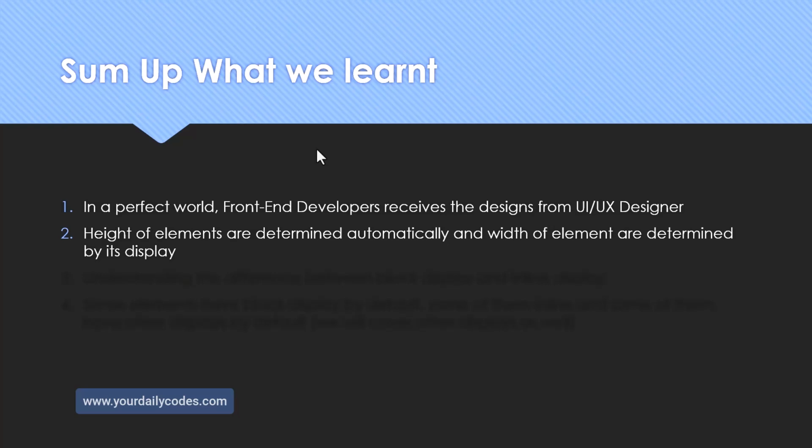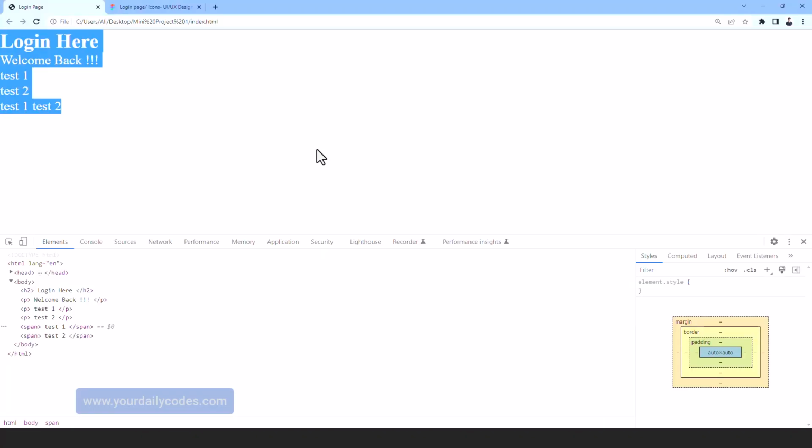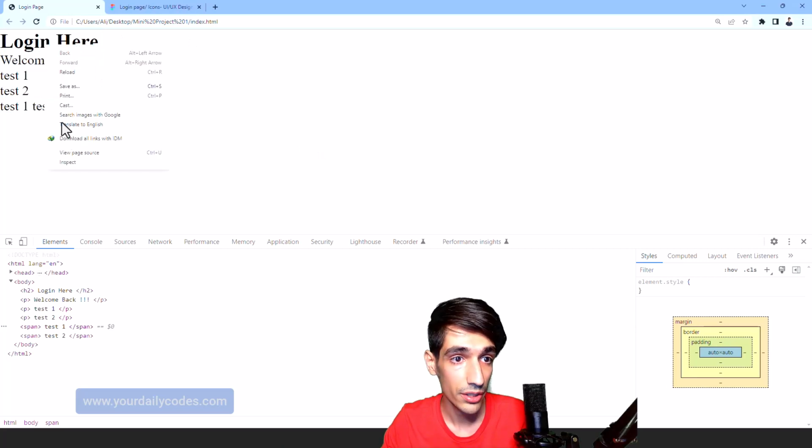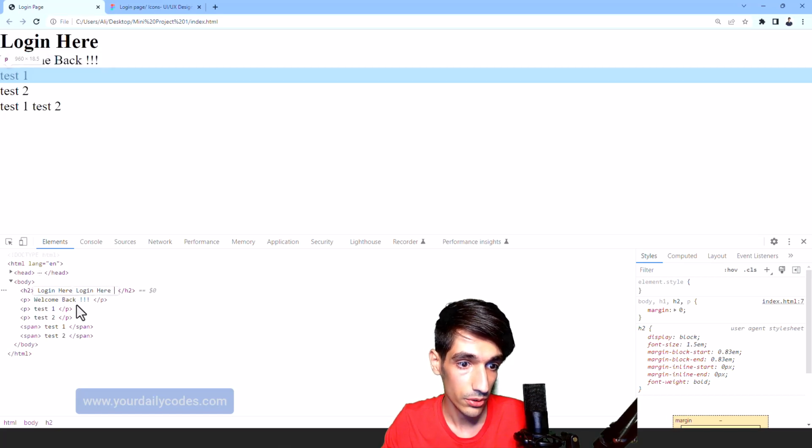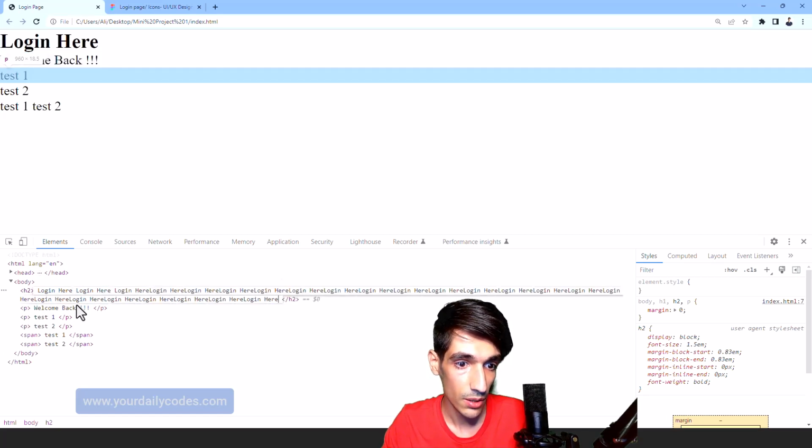The other thing I wanted you to know is that the height of the elements is determined automatically. By automatically I mean by how much content we have in it. But the width of the elements is determined by its display, for example display block, and we saw display inline. Let's go back here, right click, inspect, and paste something here.